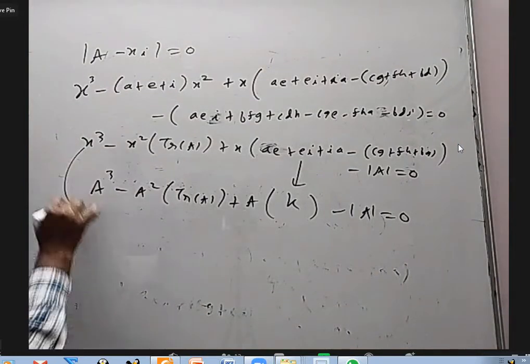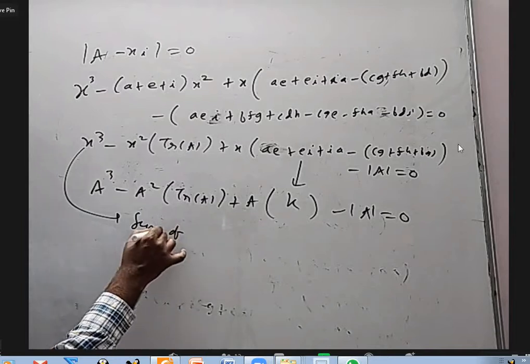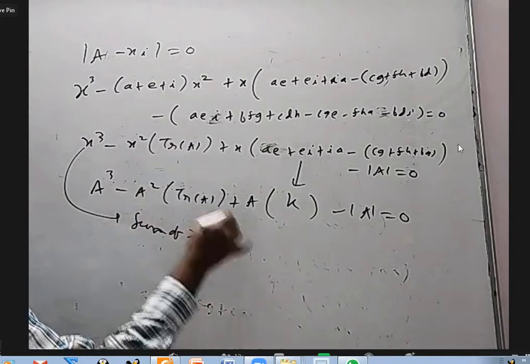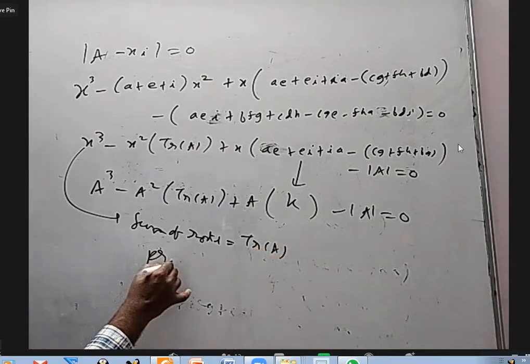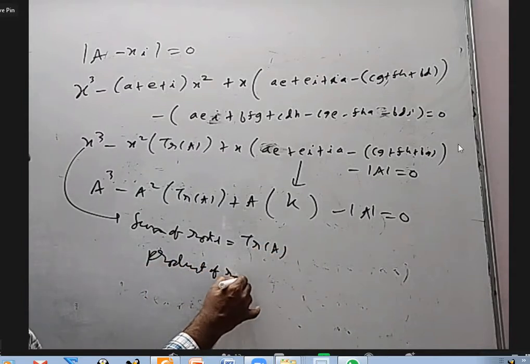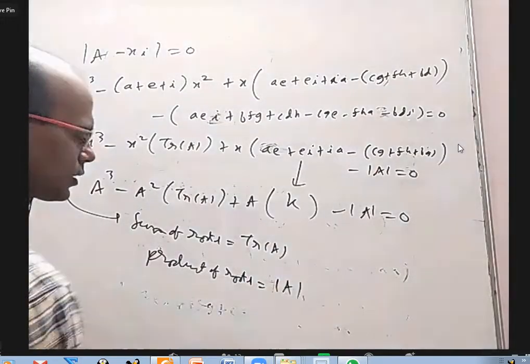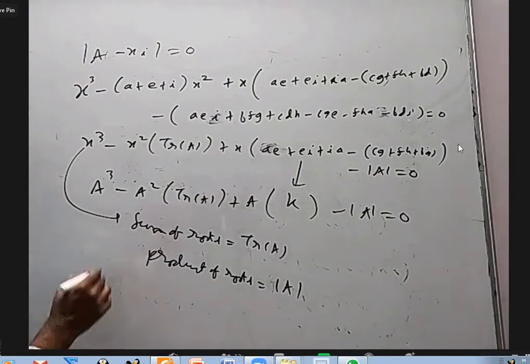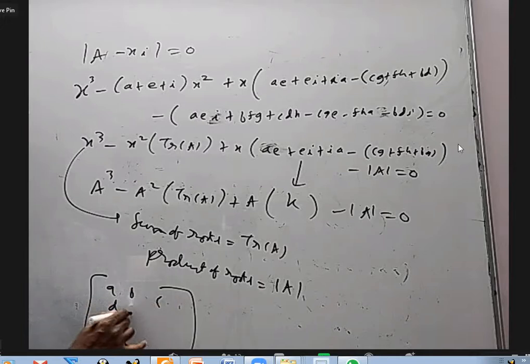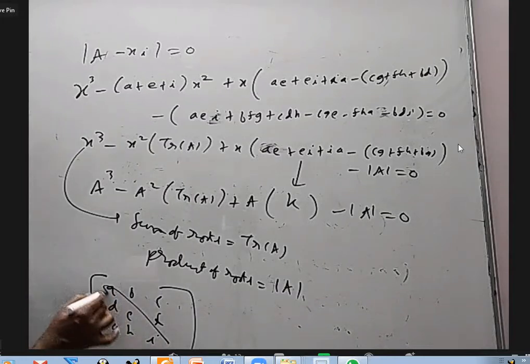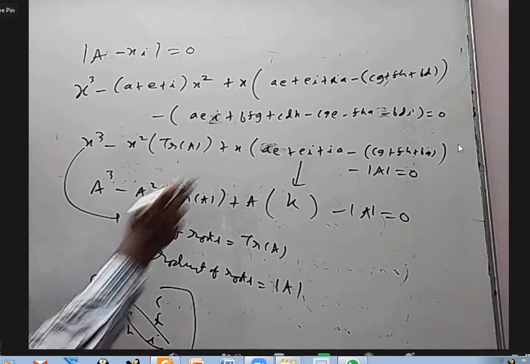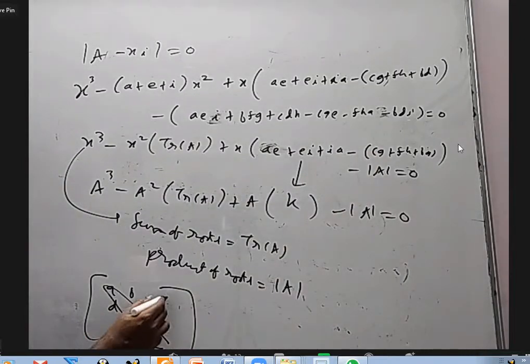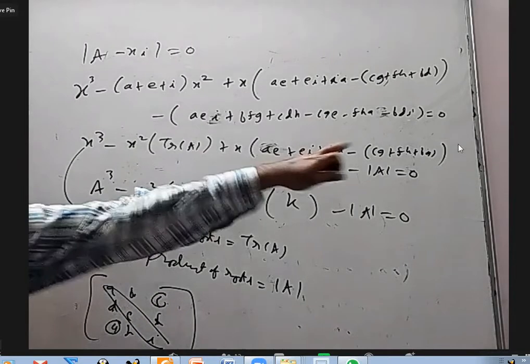And always from this equation, you will get the sum of roots equal to the trace of A, and the product of roots equal to the negative of this, which is det A. The X coefficient will give you the other thing. If you want to see the pattern here, just to have an idea, take A, B, C, D, E, F, and G, H, I. Take the product of these two, the product of these two, the product of these. That is this. And what is this? CG, this into this, FH, this into this, and BD, this into this, the negative of that.